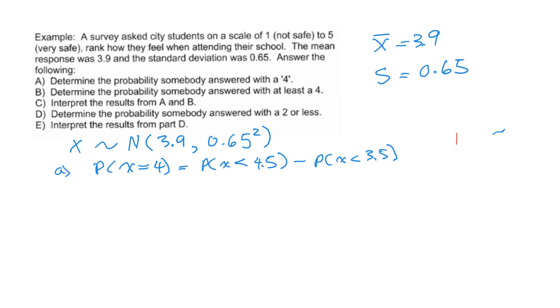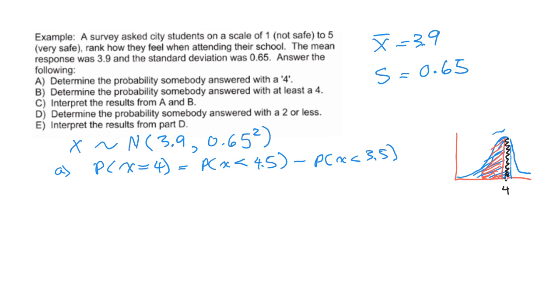So the key idea is this. You've got your normally distributed curve, and we are looking for the number 4, right? And what's happening is we have 4.5 above, which gives us everything underneath this portion of the curve. And then we're going to chop off the bottom half of 3.5. So we get this nice little sliver in the middle here. Okay. So we get this nice little sliver that I'm going to color in black,